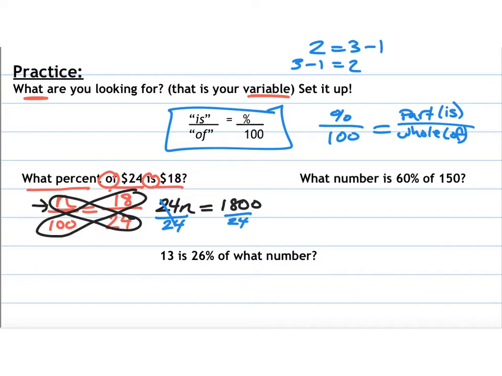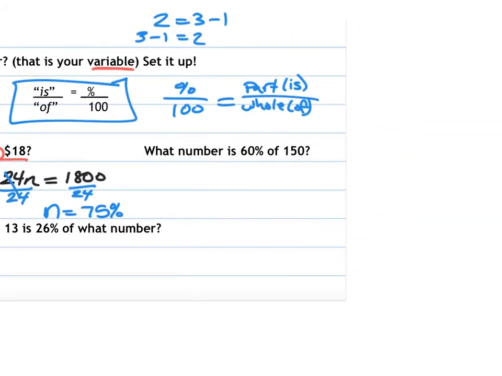And when I do that, I should get 75, and since it is a percent I'm looking for, I should put a percent sign on. Read it back to yourself to see if it makes sense. So you're saying that $18 is 75% of 24, and that seems reasonable when I do that. Estimating is a great thing to do